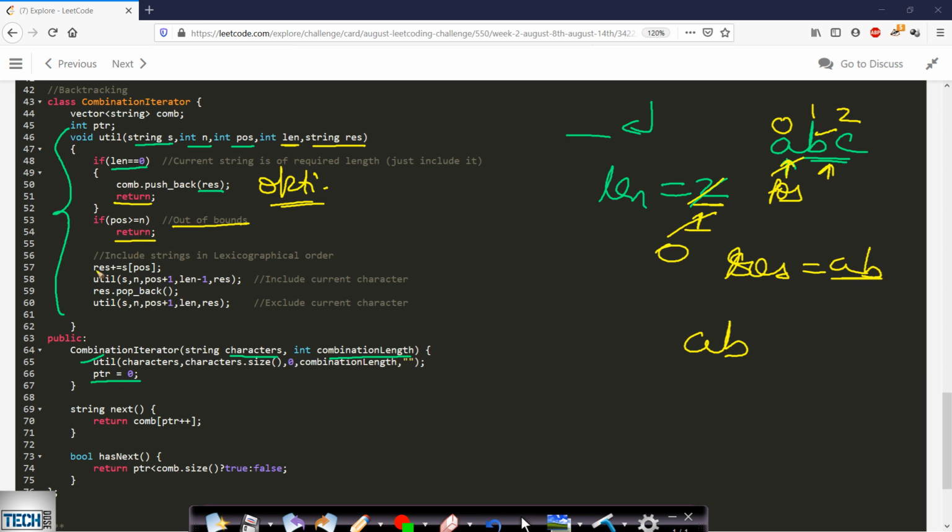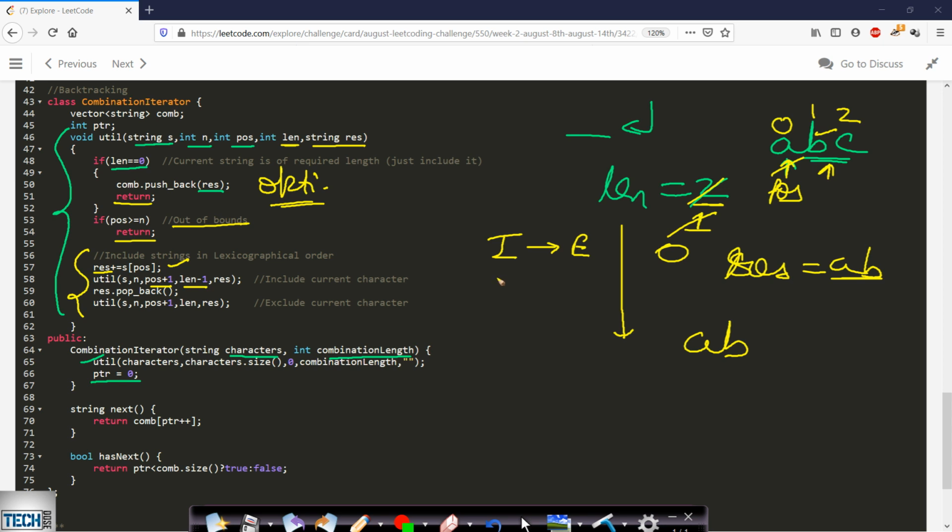Otherwise we have two options. I had shown you that we will first include and then exclude, so that we can find all the strings in lexicographical ordering. So we will include the current character, adding it to the result string, and then make the next utility call by going to the next position and also decreasing the length.